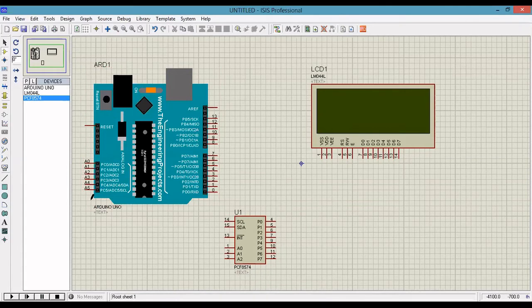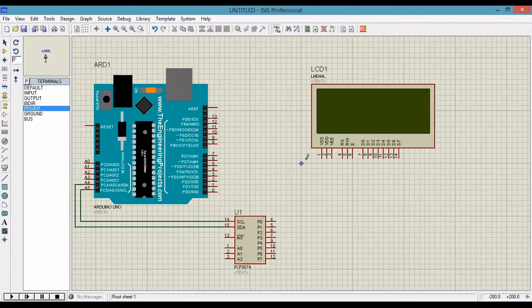First, in the Arduino controller, we have the I2C bus, which consists of 2 lines. One is called serial data, and the other is serial clock. Serial clock is for generating the clock signal. SDA is used to send the data. Now I am connecting the serial clock and the serial data. Next I need a power pin, so I need a power. So I am connecting to A0, A1 and A2.